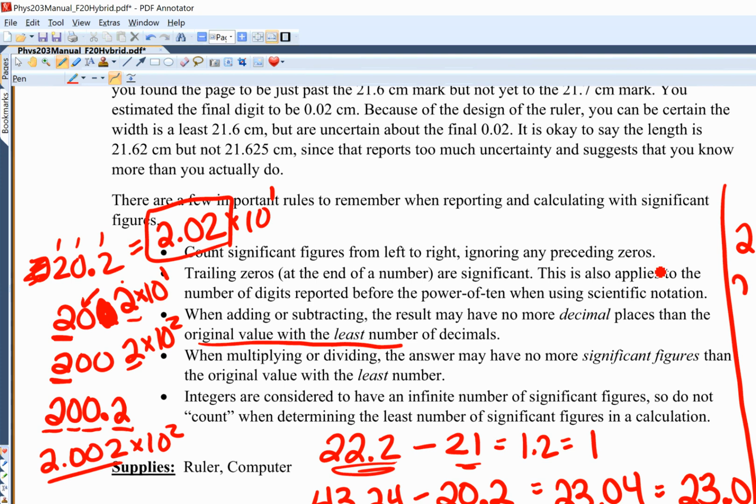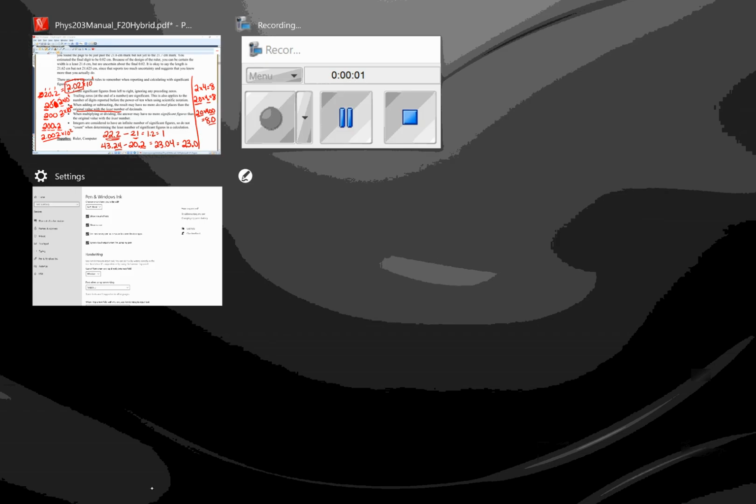But if I do 2.0 times 4, I would still report 8, because this number has 1 sig fig, this number has 2 sig figs, so in my answer I will have one significant figure. And then finally, if I do 2.0 times 4.00, then my answer would be 8.0, because here I have 3 sig figs, here I have 2 sig figs, so I report 2 sig figs in that answer. Okay, so sig figs are really important and we'll cover them in